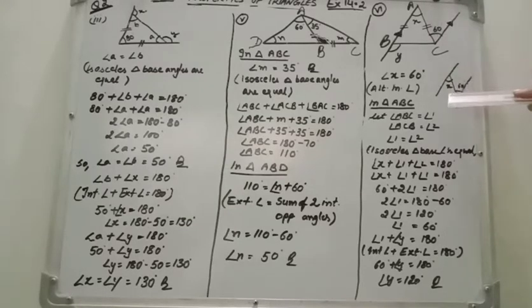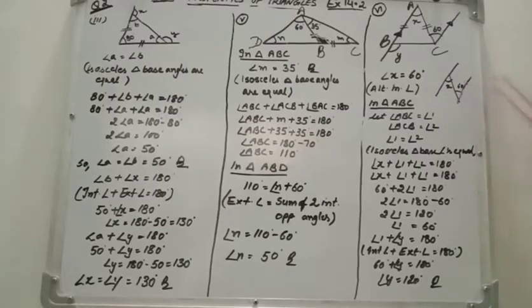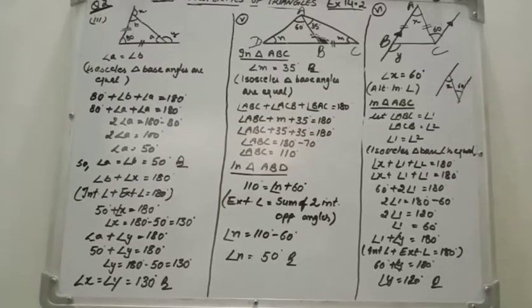Okay, so X is this side and 60 is this side. So which angles are they? Alternate interior angles. So X is equal to 60 because they are alternate interior angles, because these two lines are parallel. Okay, so we are using this property. So our first answer is done. X is equal to 60.